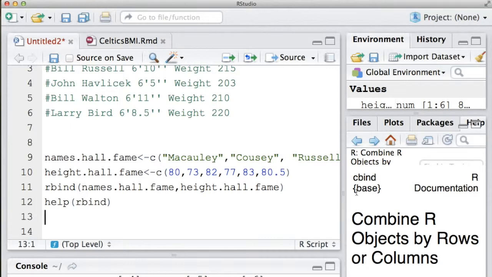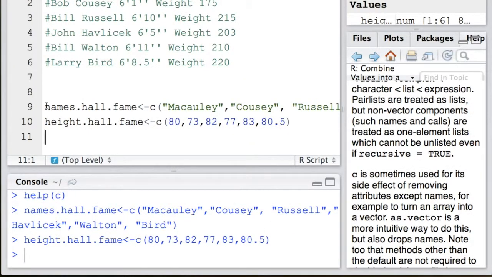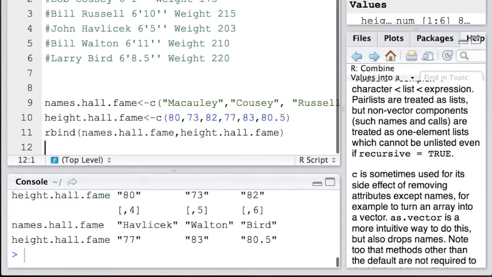So to conclude this video, we're just going to combine these into another data set using rbind or data frame. So names.hall.fame, height.hall.fame, which we've already done. And we notice on the console